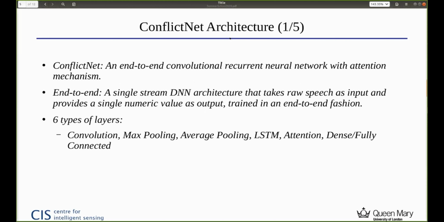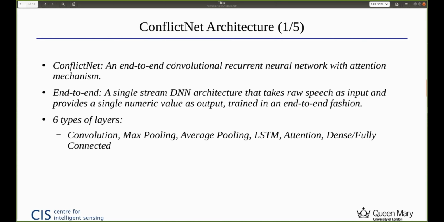A little bit more detail about the architecture. In the previous session, the speaker talked about end-to-end networks. ConflictNet is an end-to-end convolutional recurrent neural network architecture, and it is equipped with an attention mechanism.